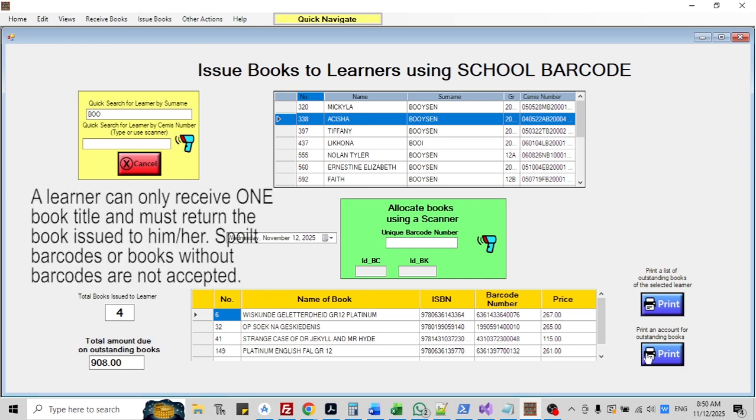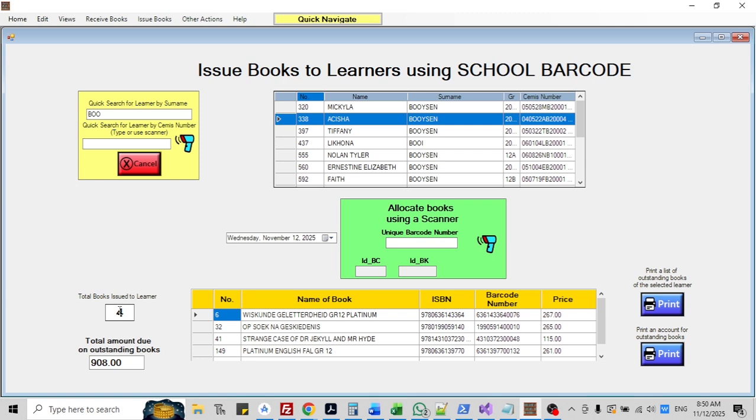And we will print an account for her, which she must sign for. And at the end of the year, she must bring back the amount of books that have been issued to her. If she does not return the books, then we compel our learners to pay for it. The school where I was adapted these prices and made it straightforward, I think it's 200 Rand a book instead of 267 or 265. But that depends on the school. That edit of the price can also be done by the school itself. The program is totally open.